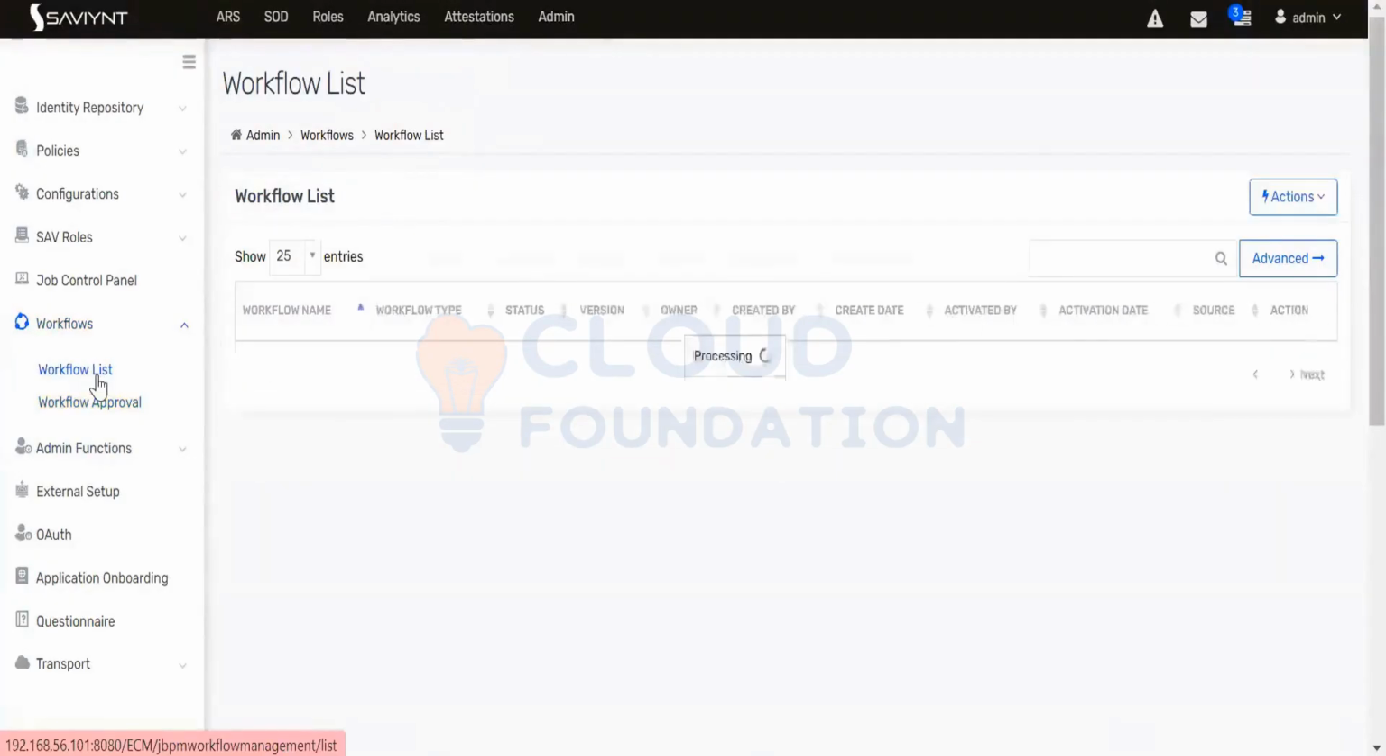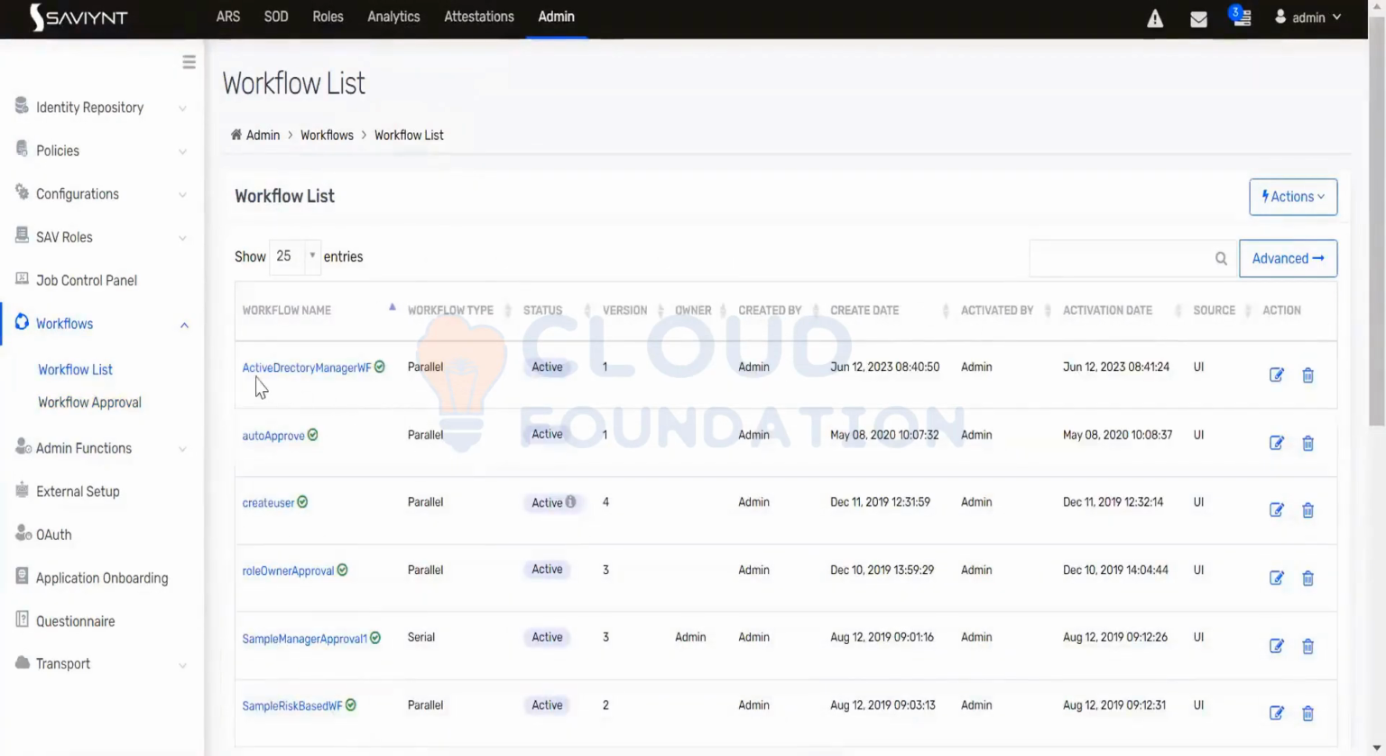Click on the workflow list again, and you see the Active Directory Manager workflow. If you have any error, you won't be able to load it. It will throw an error if you have any error. What can I do now? The workflow is ready. I'll again go to